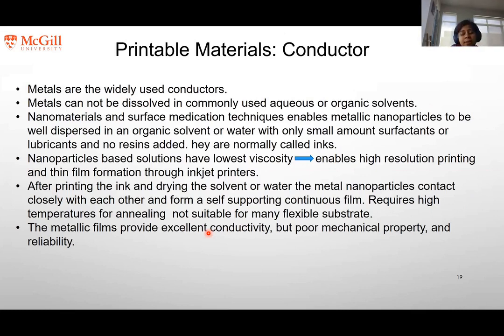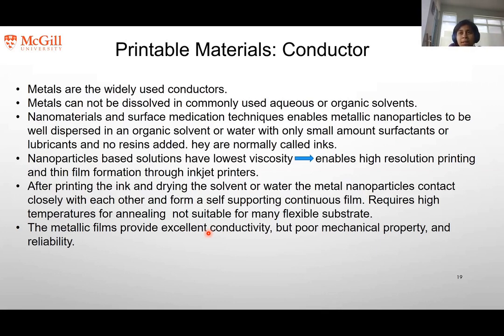Actually, mostly printable materials, and first we're going to look at conductor. So we know that conductor is a very big part of any electronic devices. And if we look at conventional electronic devices, we'll see that metals are the ones that have been widely used as conductor. So now the difficulty of using metal directly for printed electronics is because for printed electronics to